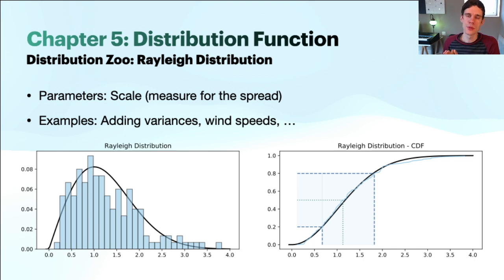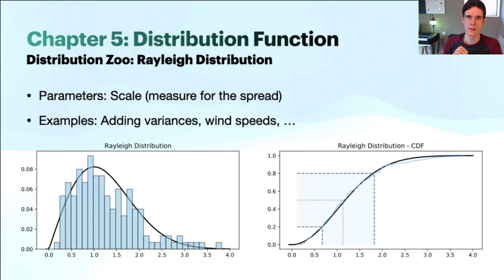Now, the Rayleigh distribution is a bit more obscure, but still occurs in some very crucial scenarios. Let's say, for instance, that you're investigating a random variable that is itself made up of the sum of other random variables. Now, during these investigations, at some point, you want to look at the variance of the distribution of your random variable. Now, because your random variable is the sum of other random variables, and each of these distributions of these random variables have their own variance,